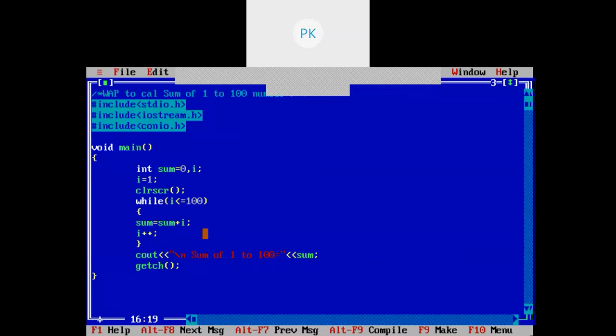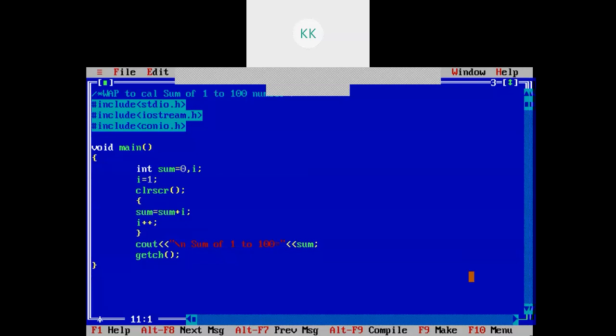Okay, sir. Similarly, this same problem you can write using a for loop as well. So just some instructions I need to change here. Basic logic will be the same, but in a for loop, I will do initialization, condition checking, and the conditional satisfier in the same line. So I will just convert it into a for loop.